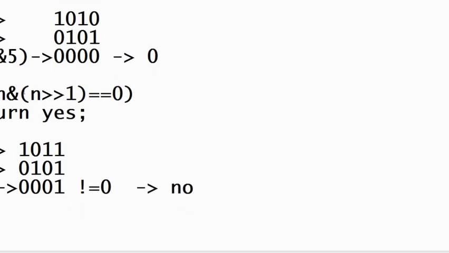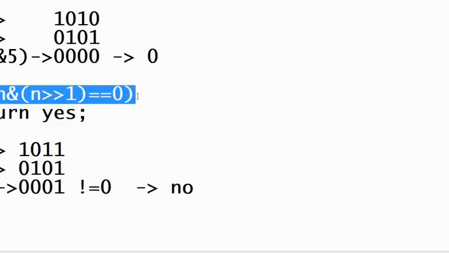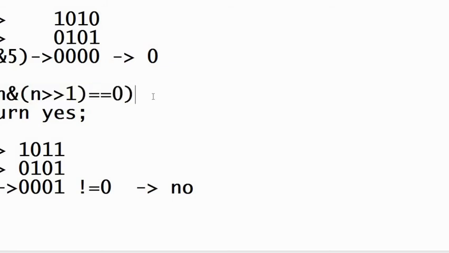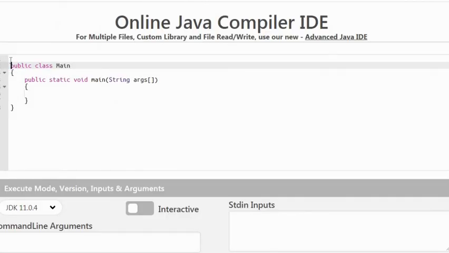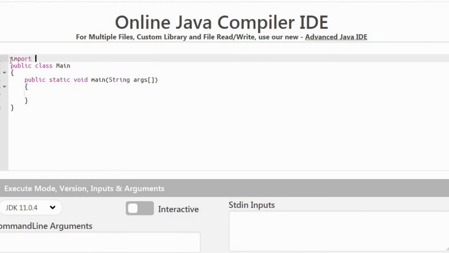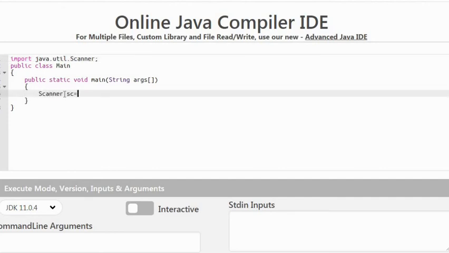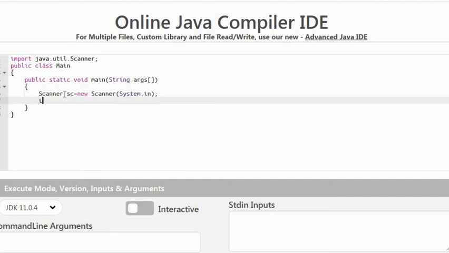So this is the core logic for this Fibonacci number program, and let us see how to implement this in the Java programming language. First we have to import the packages. Then get the user input. Then we have to get the number, let us take the number as n.